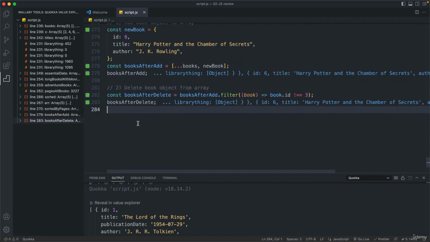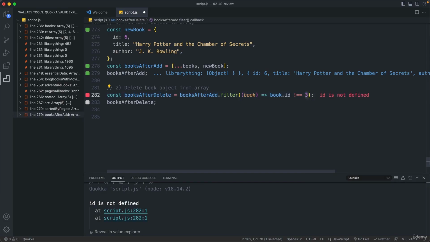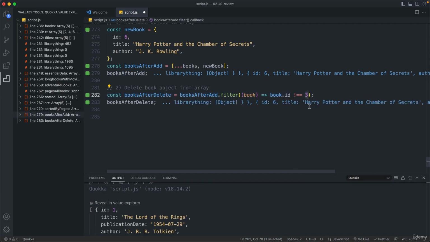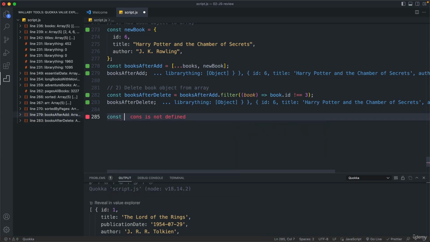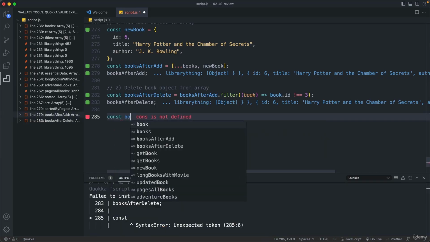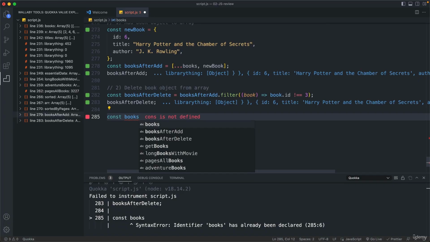Great. And yeah, again, we would usually create a function called deleteBook, and then that function would receive this ID here, and then here we would simply use that ID like this. But here we're simply manually deleting the one with the ID of 3. So again, just to illustrate how it all works. And so now let's, in the final stage,